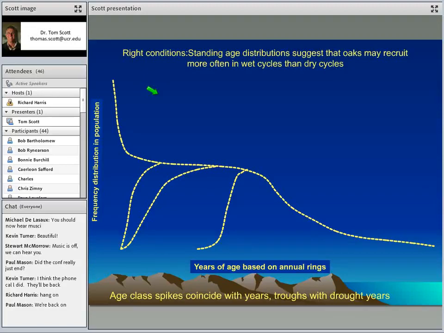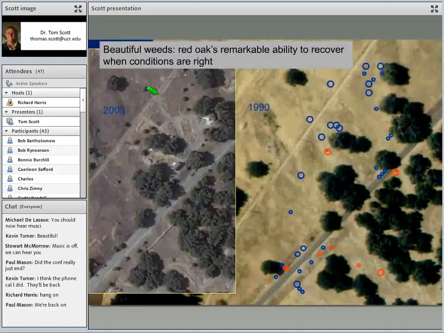But when we go through a wet cycle of 3 or 4 years, that's the time when an awful lot of oaks recruit. And when you have bouts of drought, like we're currently in for 5 years straight, you just don't see the same number of trees coming into the population. So oaks have the ability, because of masting, to take advantage of these wet opportunities and to really restock an area which might not have had trees.